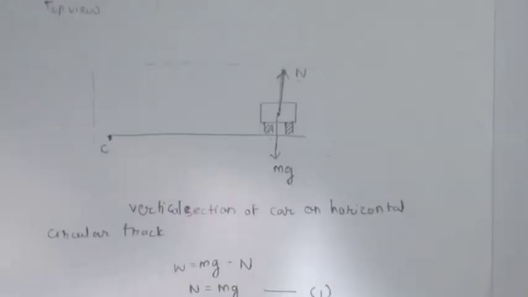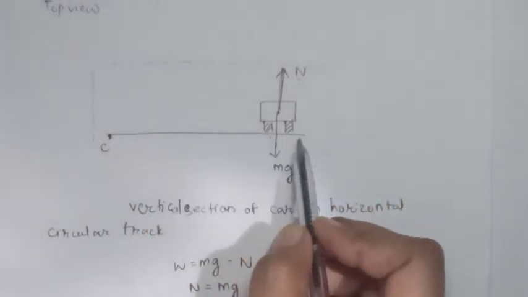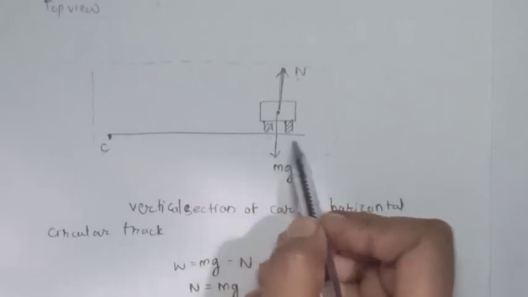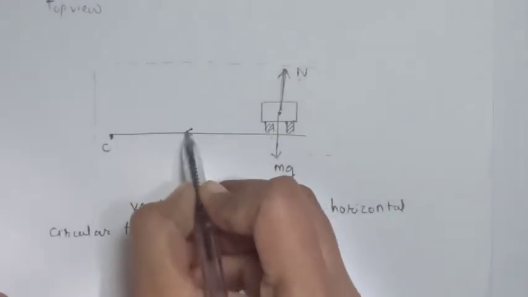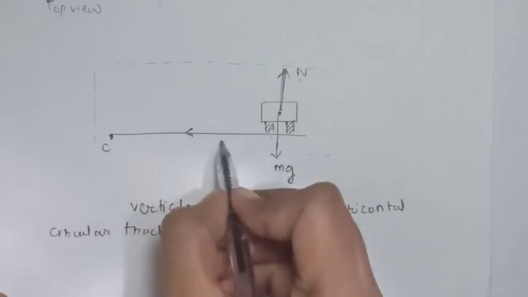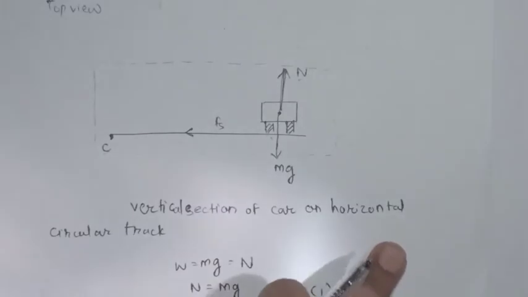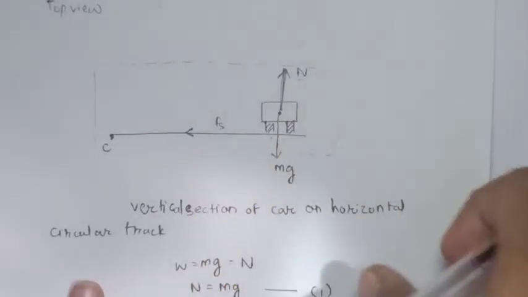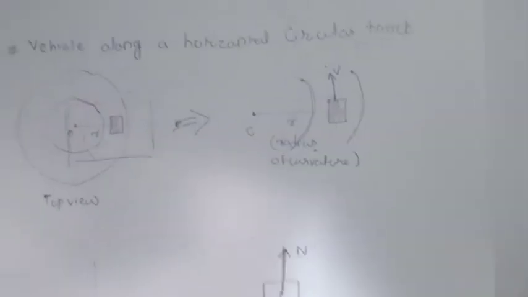Now let's find the horizontal forces acting on the body. The force of static friction between the road and the tire is given like this. This direction will be the force of static friction between the road and the tire. It prevents the vehicle from outward slipping or skidding, because as we know velocity is